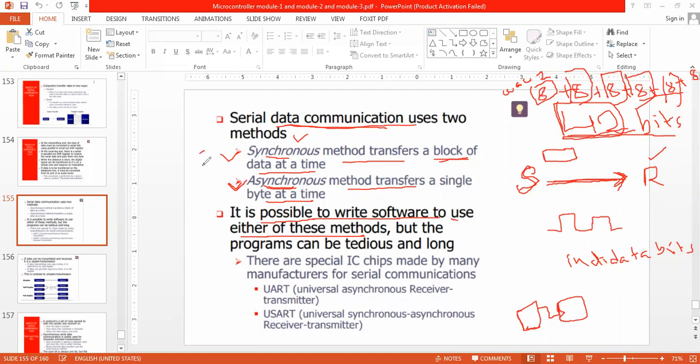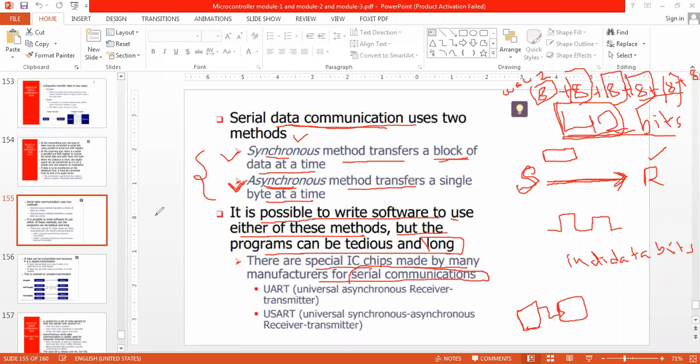Our 8051 supports both methods, but the programs can be tedious and long. If I go for asynchronous, it may be a larger, more complex program. So there are special ICs made by many manufacturers for serial communication.